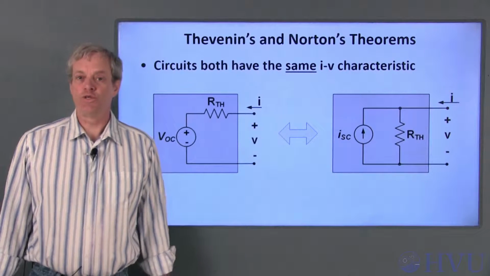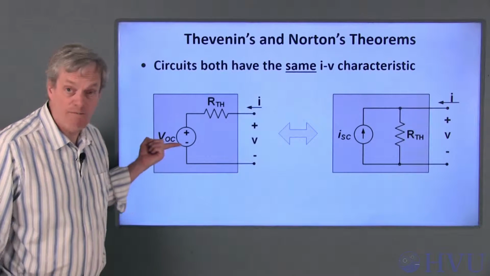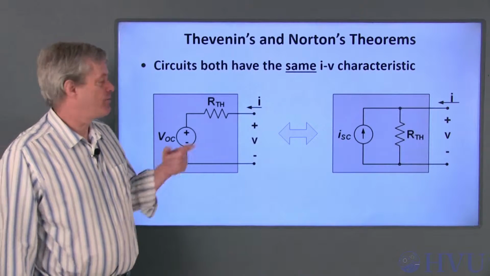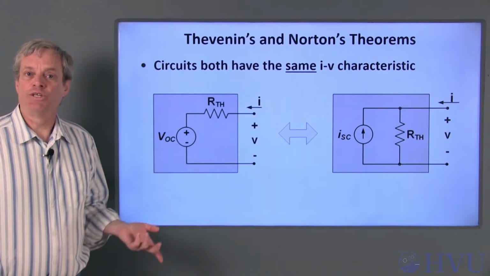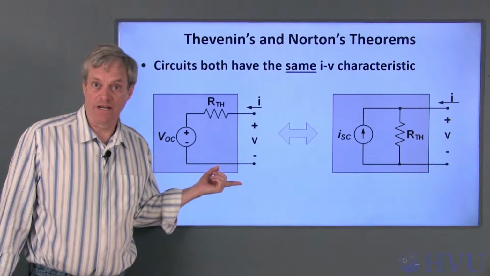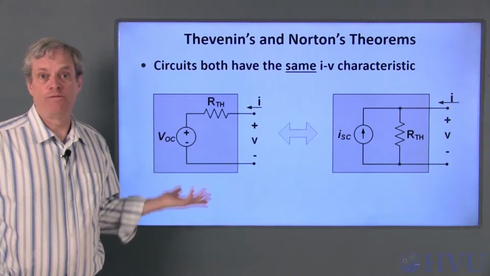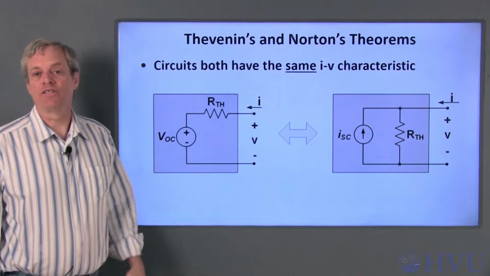Thevenin's theorem says that the two terminal characteristics of a linear circuit can be modeled as a voltage source, VOC, in series with the circuit's Thevenin resistance, RTH. VOC is the voltage that would be seen across the circuit's terminals if the terminals are open-circuited. RTH is the equivalent resistance seen across the terminals of the circuit with all of the independent sources in the